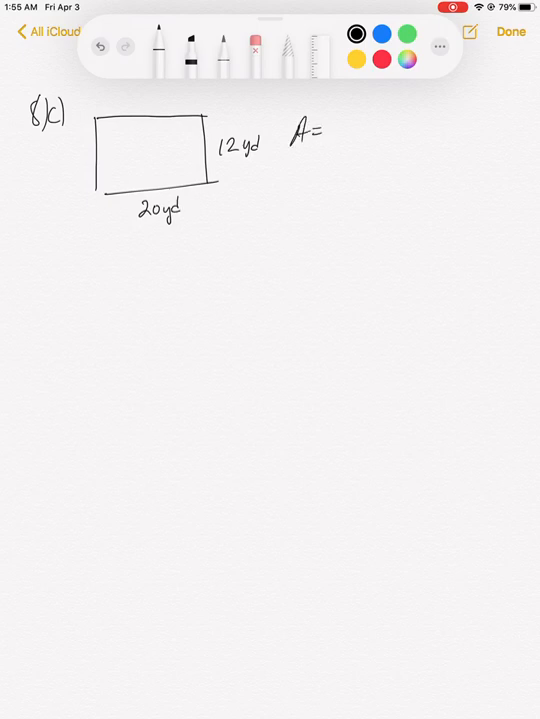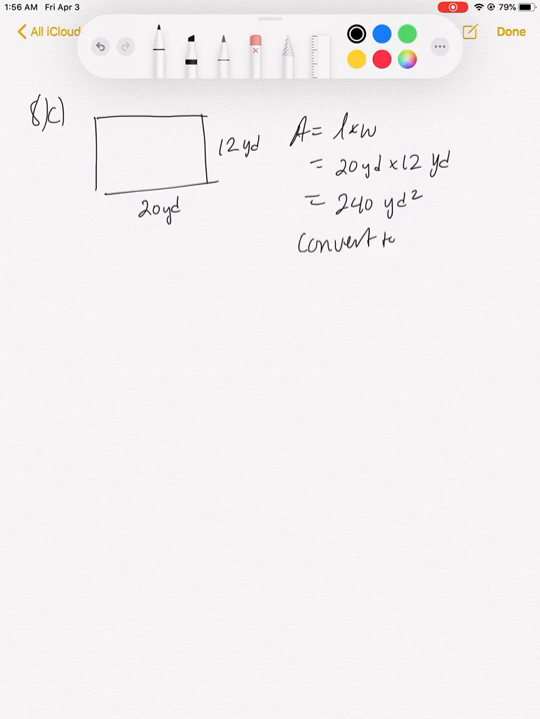Okay, so we want to find the area of this. So the area is length times width. We're going to set that equal to 20 yards times 12 yards. And 20 times 12 is going to be 240. And yards times yards is yards squared. Okay, so that's the area in yards squared. We want to convert to feet squared. Okay, and so we're going to take our 240 yards squared,